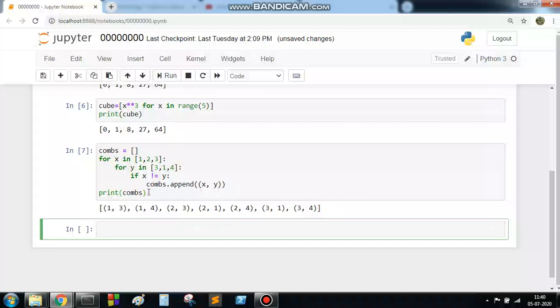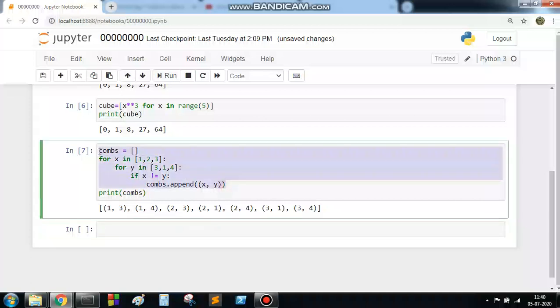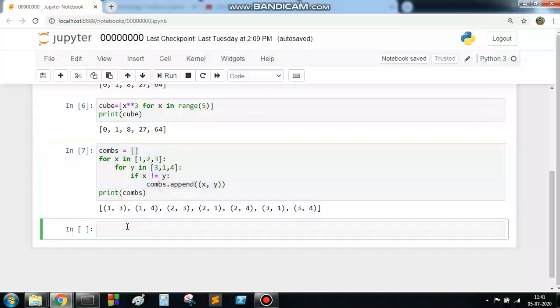If I want to do the same thing, this 5 lines of code, by using list comprehension, how will you do it? Just watch the order of the condition and loops. What is the result? The result is a list, and inside this list, what is the element? The element of the list is a tuple, which combines x as one element and y as another element.